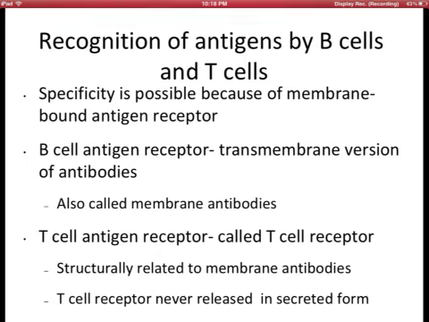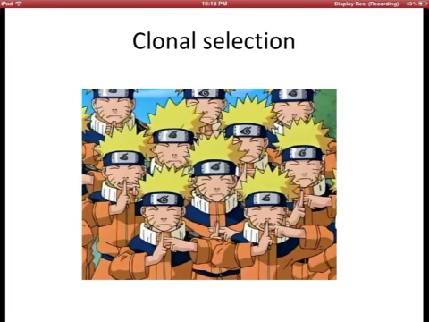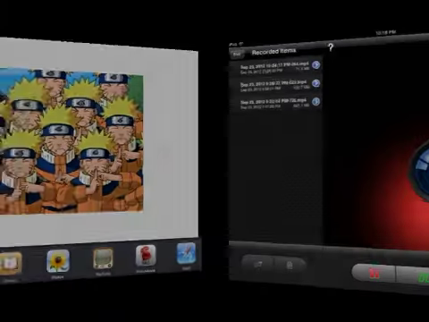T-cell antigen receptor, called T-cell receptor, structurally related to membrane antibodies. T-cell receptor never released in secreted form. What they do is that once they attach to the antigen MHC complex of an APC, the T cell will be activated to release perforins or chemicals that can perforate, that can lyse the infected cell. Okay? So, that will be the fourth